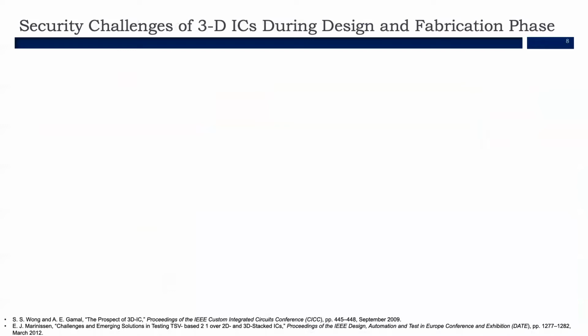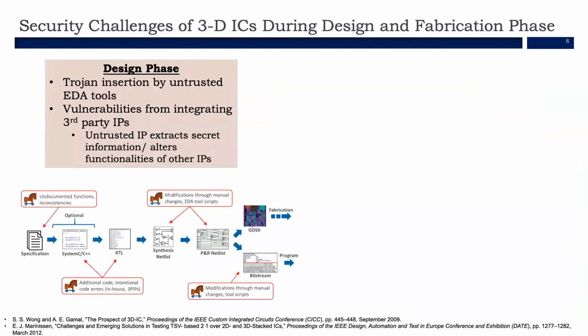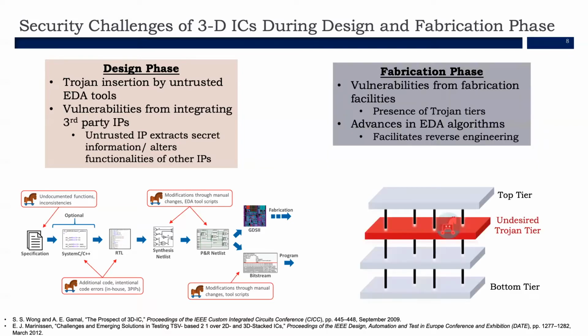Yeah, in addition to the security advantages, the 2.5D and 3D IC also offers security challenges. These include challenges in the design phase, where the use of untrusted EDA tools and untrusted third-party IPs can lead to the insertion of Trojans, where the Trojan extracts secret information or alters the functionality of the IP. One more security challenge is during the fabrication phase, where an untrusted fabrication facility can insert a Trojan tier